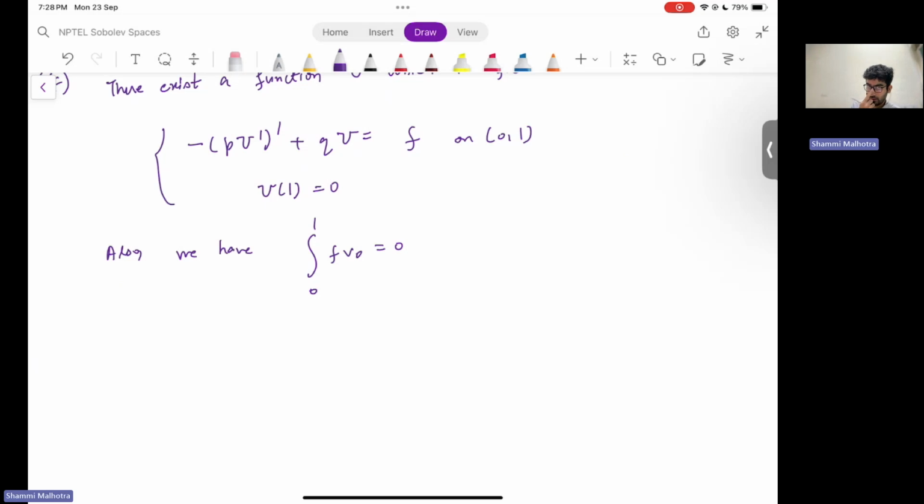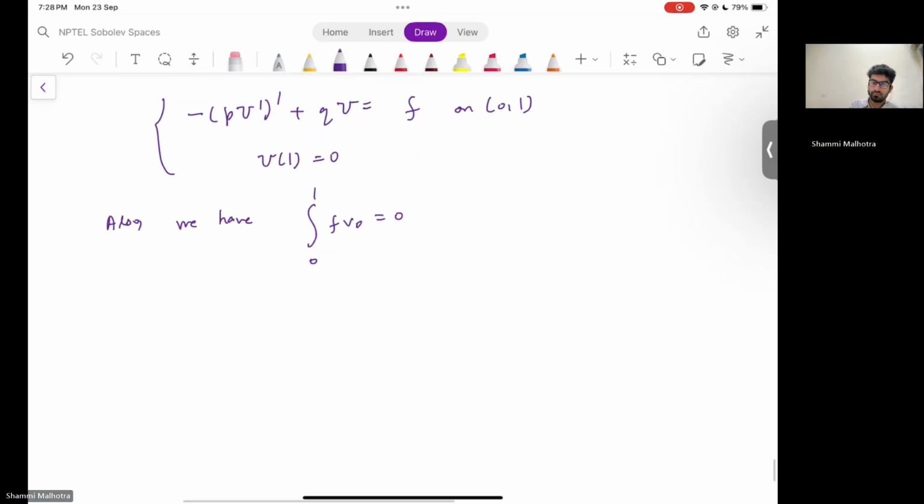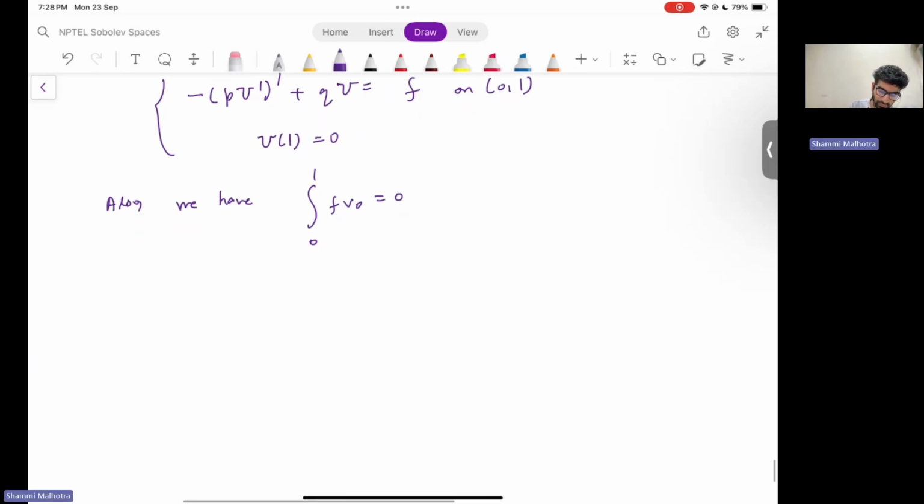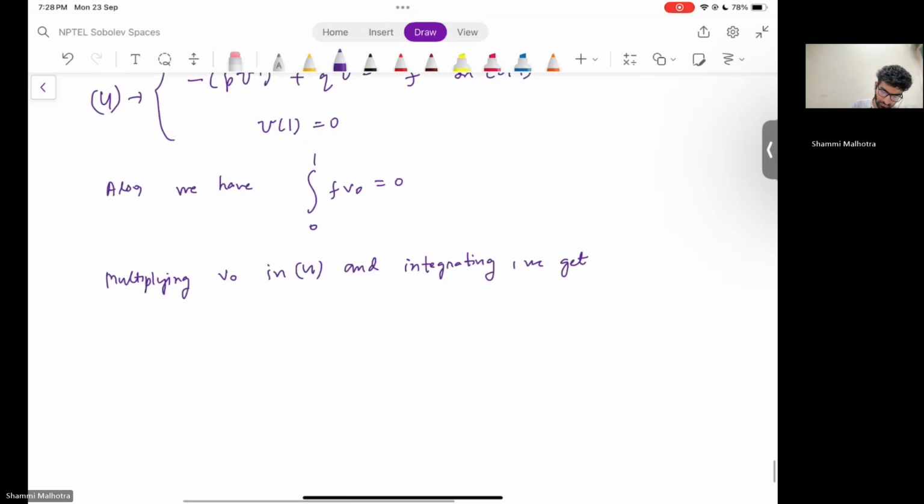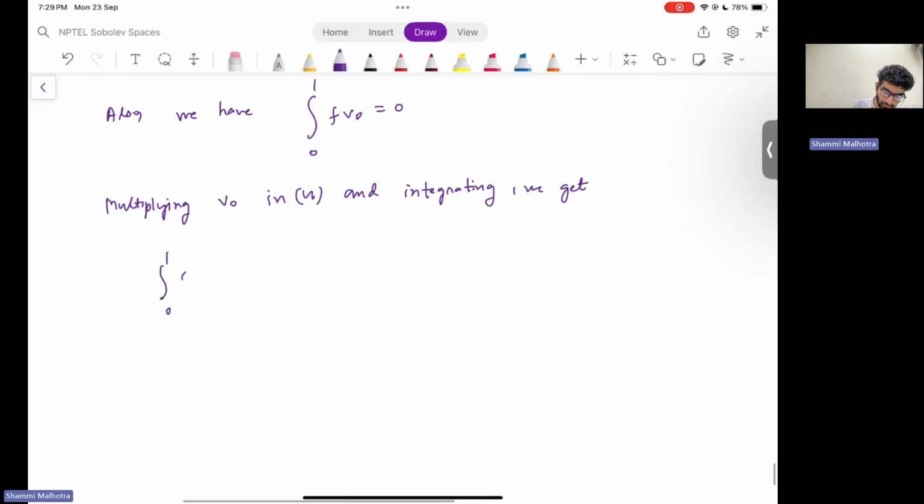So next what we do, we can just take this to be, let's say, (4), and we multiply v naught with (4) to get, and integrating, we get the integral from 0 to 1 of f v naught, which is 0 only, and that is nothing but equal to